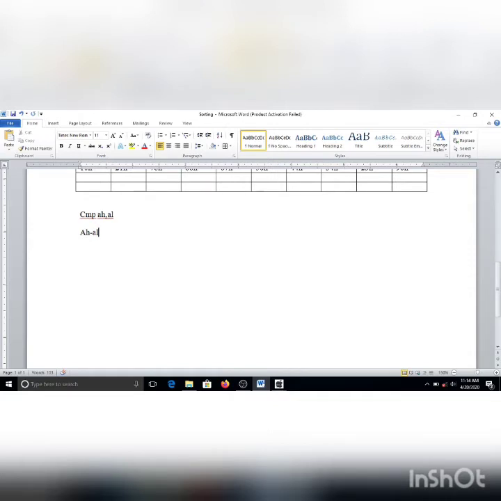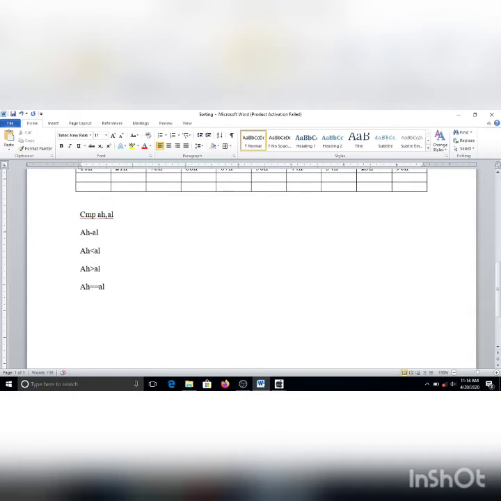So this subtraction raises three possibilities. First possibility, AH is less than AL. Second possibility, AH is greater than AL. And third possibility, both are equal. So how can we check these conditions?